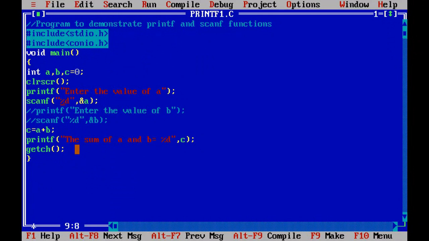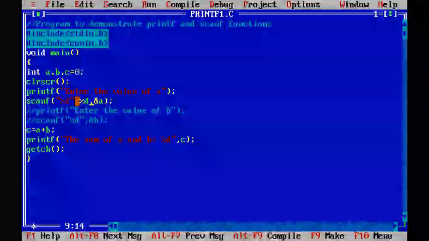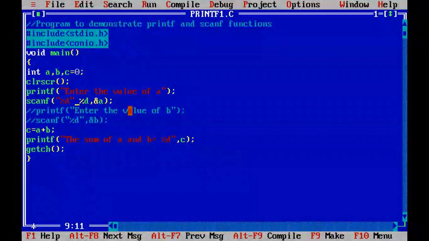Now you can put another specifier, that is %d. Sorry, I can write here %d, and this %d is written for b, no space required.